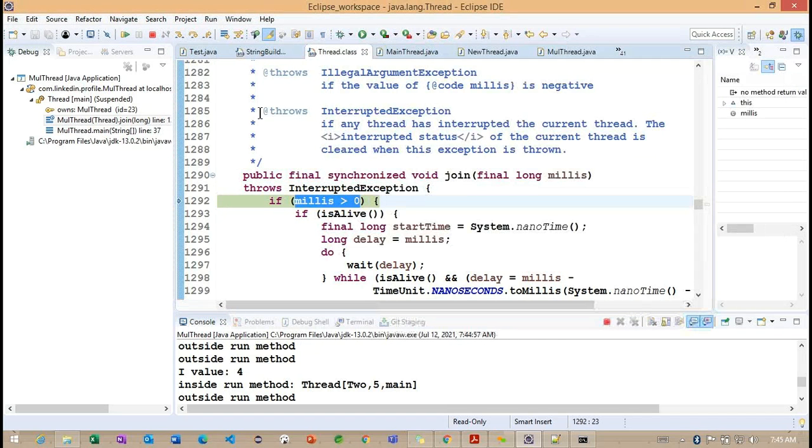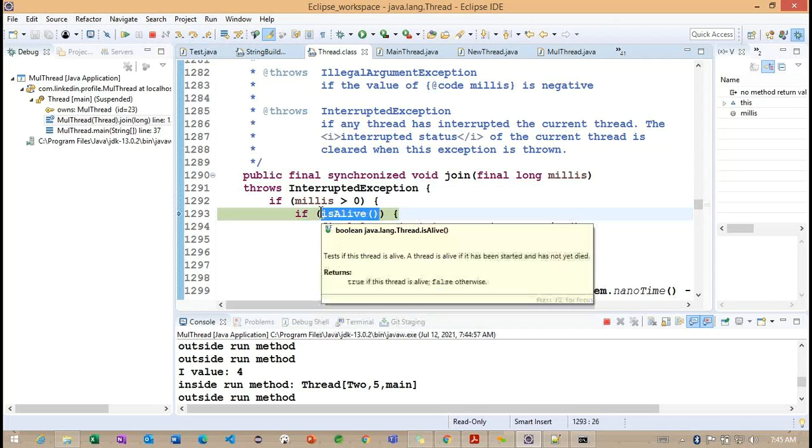Now, basically this is a multi-threading application. If we debug the code, we cannot expect the proper output here, because internally we are trying to stop all the threads.